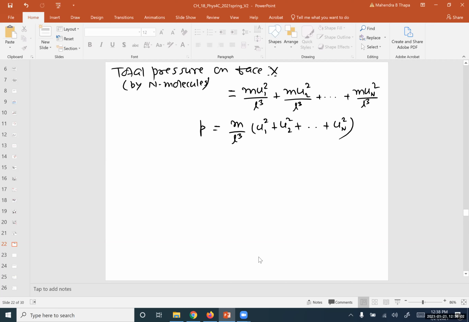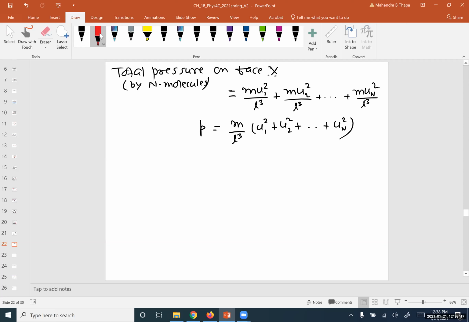Now at this point, we just consider the motion along the x-axis, but we know that we have to consider all the motions along the x-axis, y-axis, and z-axis. Now we have to define root mean square velocities. So how do we define that? If you remember, u1 squared, u2 squared, if you keep adding un squared over n, that we talked about at the very beginning, if you remember that,